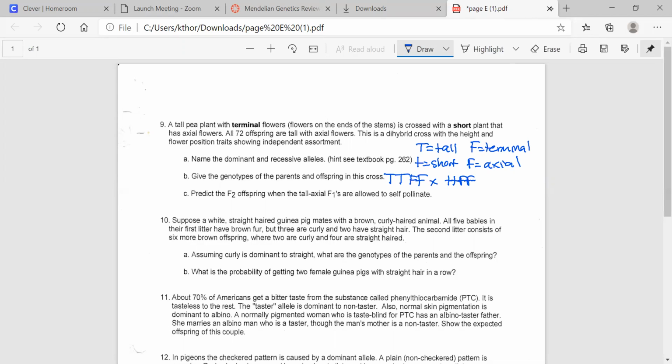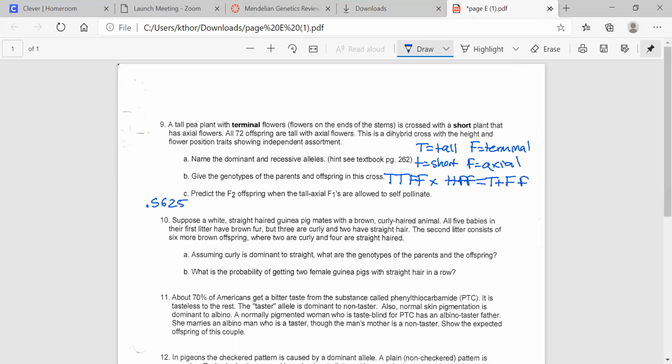So if you cross these, this is going to make 100% heterozygous. And if you let them self-pollinate, let me change that so you guys can clearly see. It's going to be big T, little t, heterozygous, big F, little f, heterozygous. If you cross those, the offspring are going to be, predict the F2 offspring,